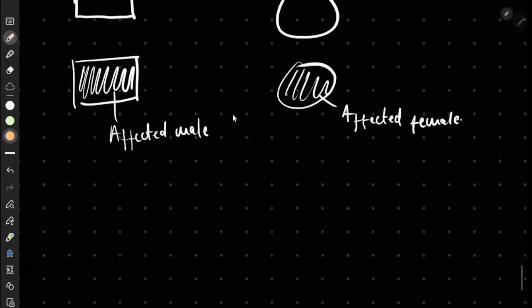Now, one last thing you should just know about a pedigree chart. We'll see how to answer the questions, but you should know that a horizontal line, if you have a pedigree chart,